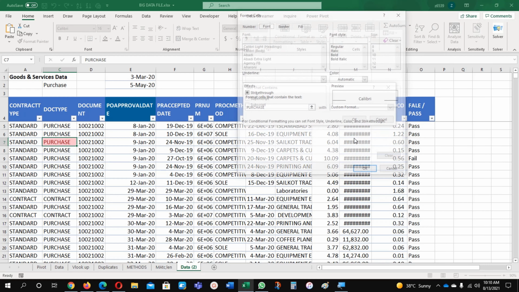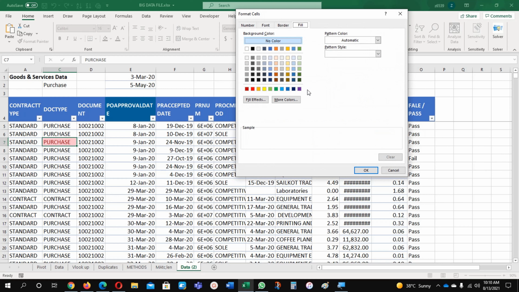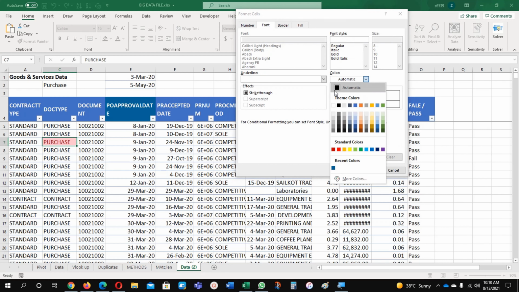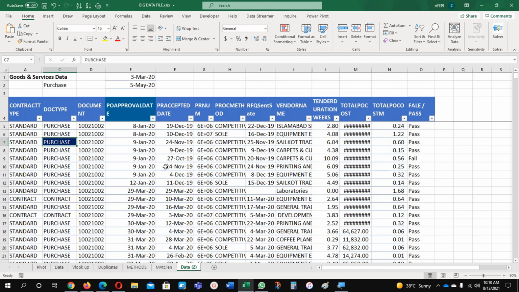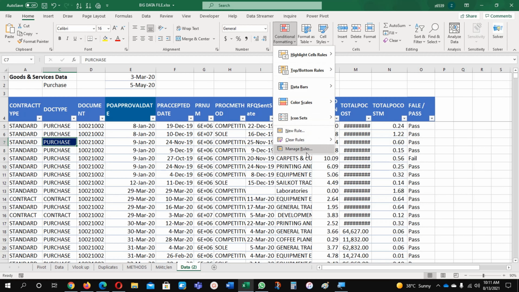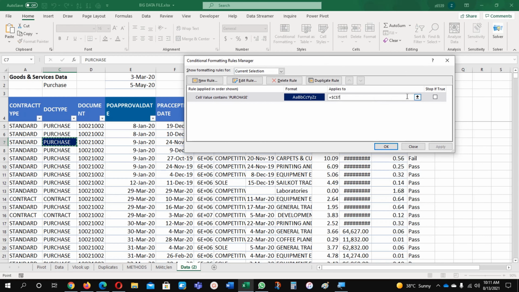What color are you looking for? I'm making it custom. I'm making it blue, font color white, okay, and now I want to highlight the rows as well, manage rule, just come here